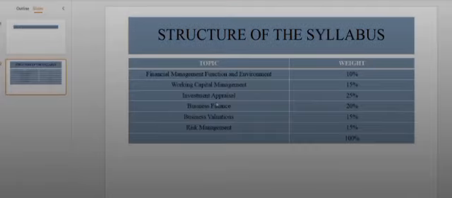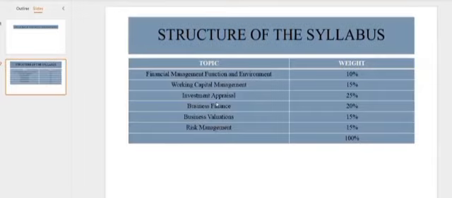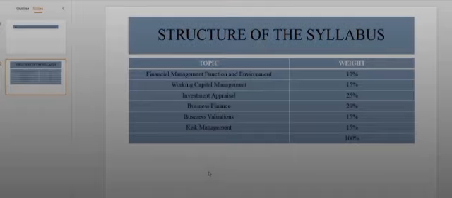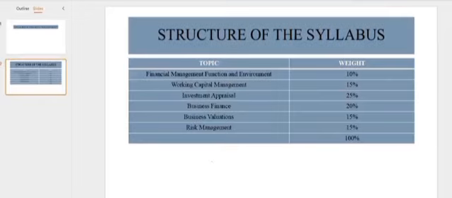And to take you further, I'll be talking about the structure of financial management, what is expected of you in the course of this exam. So I will be sharing my slide and talking to this slide, and explain what financial management is all about and what the examiner expects from you in the course of the exams. So talking about financial management.